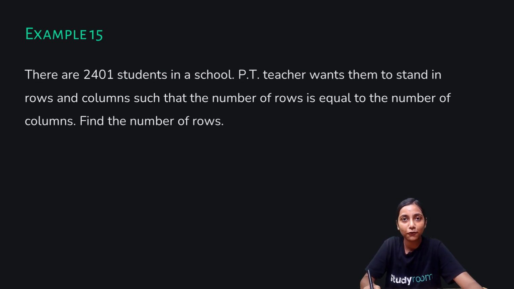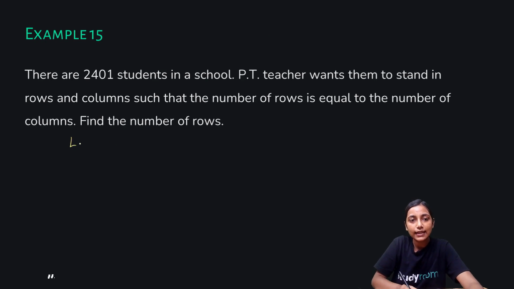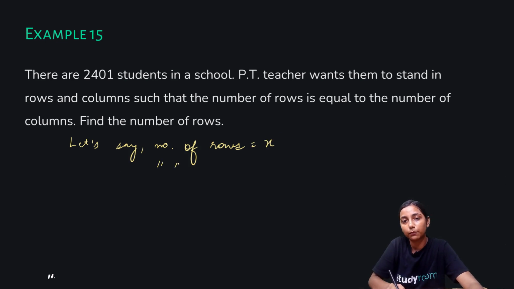We need to find the number of rows. So let's say the number of rows equals x. Since the number of rows equals the number of columns, the number of columns will be x. If the number of rows equals x and the number of columns equals x, then according to the question,